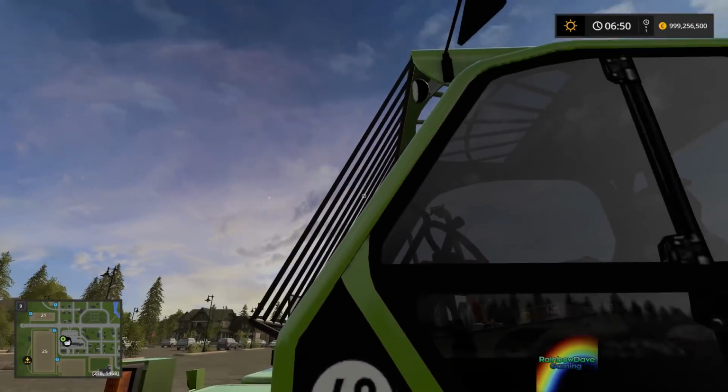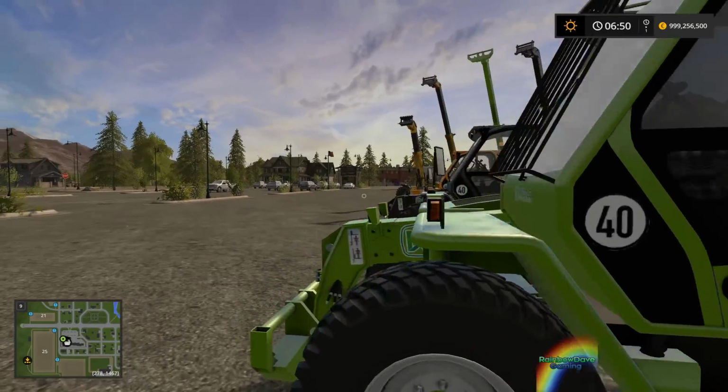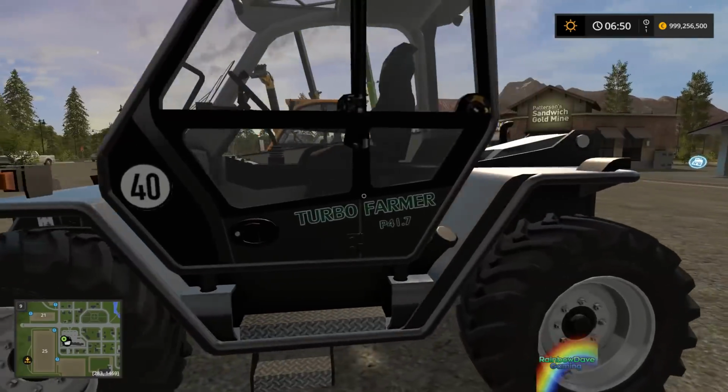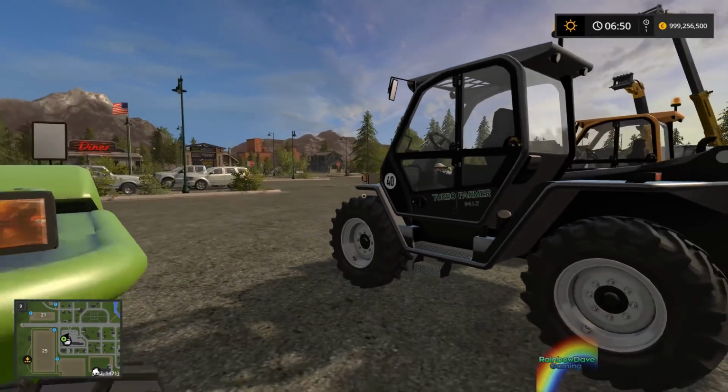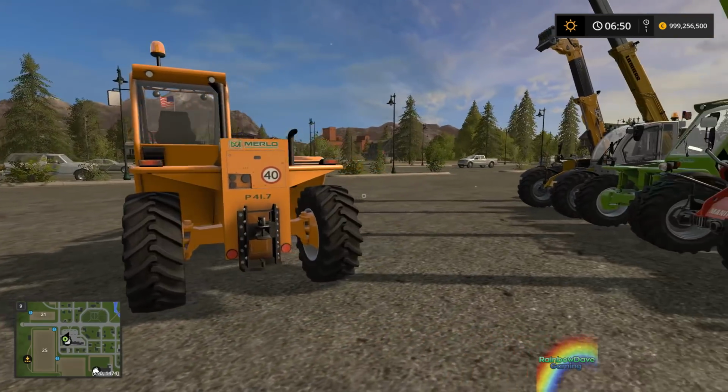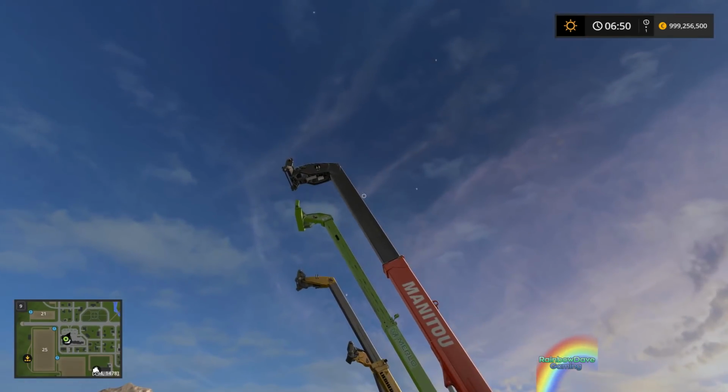I can understand why you'd have it. If you're using this for forestry, you might want it. But if you get this thing in black, you got a pretty mean looking loader. Overall, would I recommend you get this mod? If you want a telehandler that's probably about,